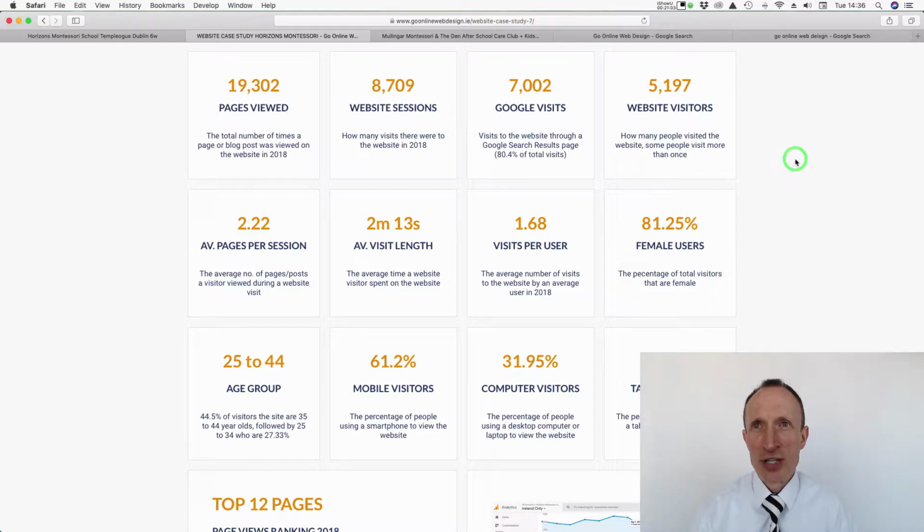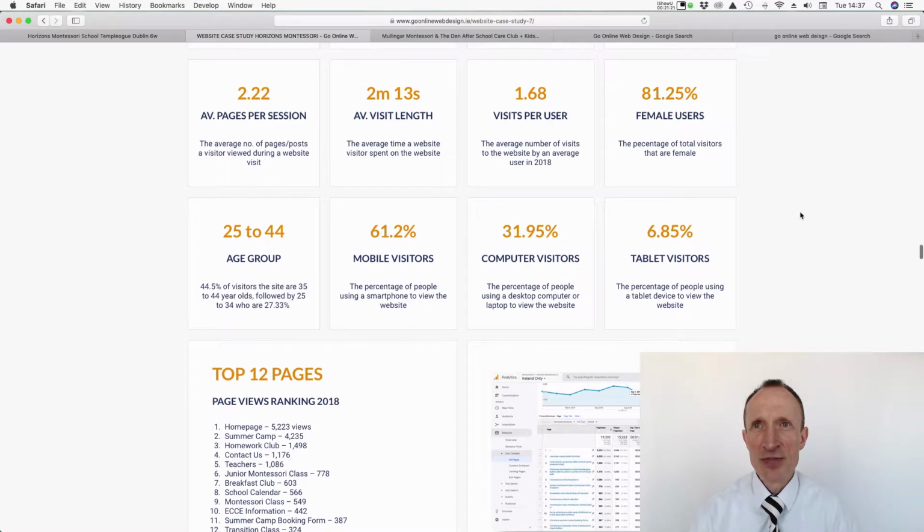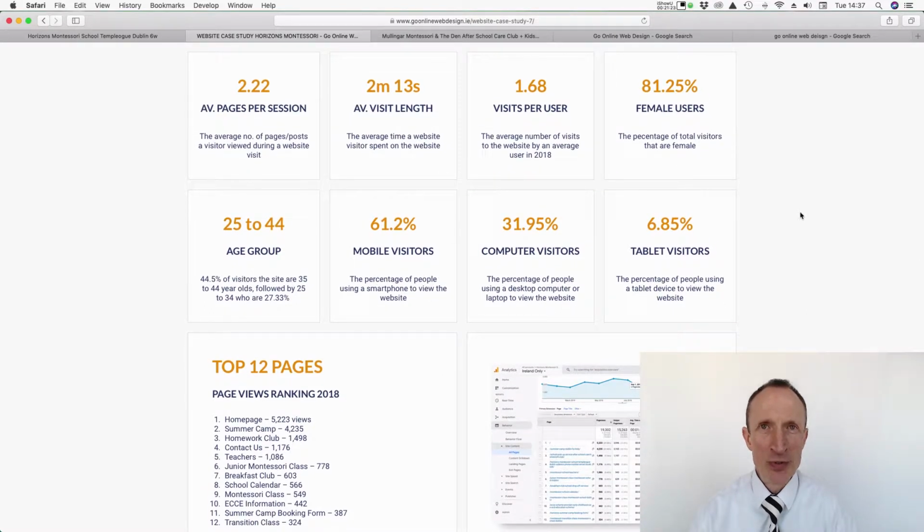And all this traffic was generated by 5,197 people. So you've got just under 5,200 people visited the website, and they visited just under 9,000 times across the year, viewing just under 20,000 pages. The average number of pages a person visiting this site viewed was 2.22. The average length of a visit to the website was just over 2 minutes. The average number of visits per person throughout the year was just under 1.7,